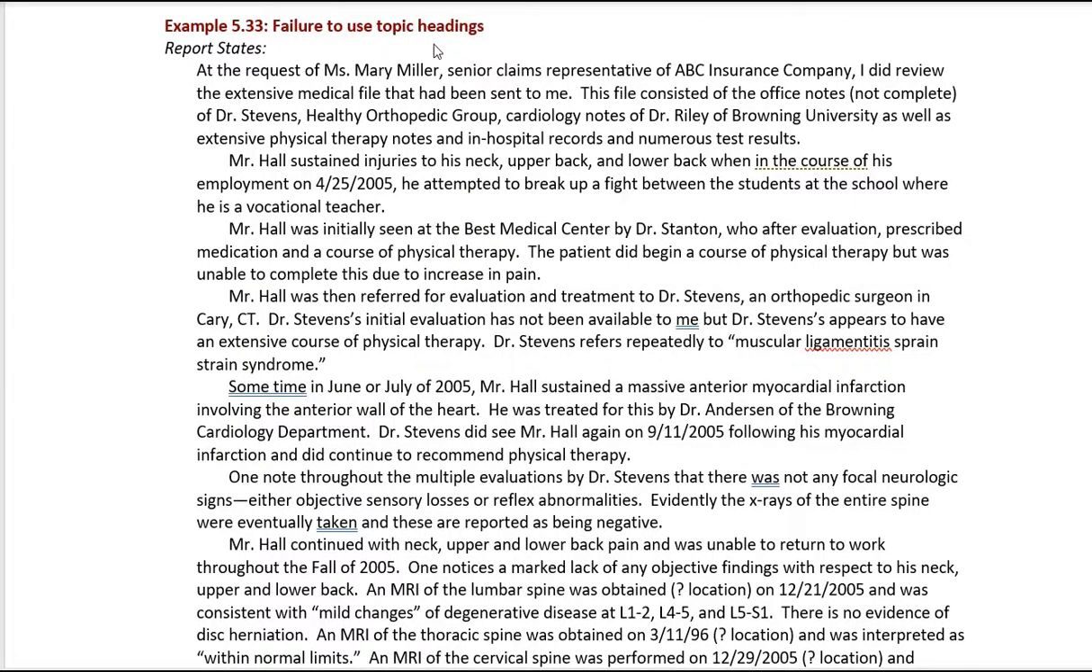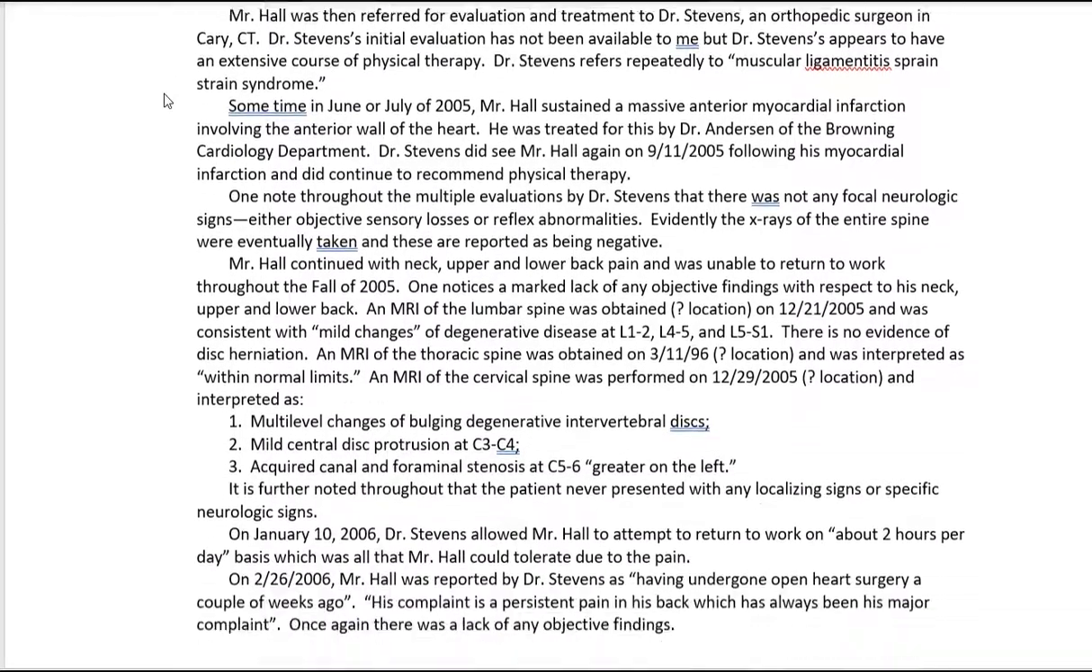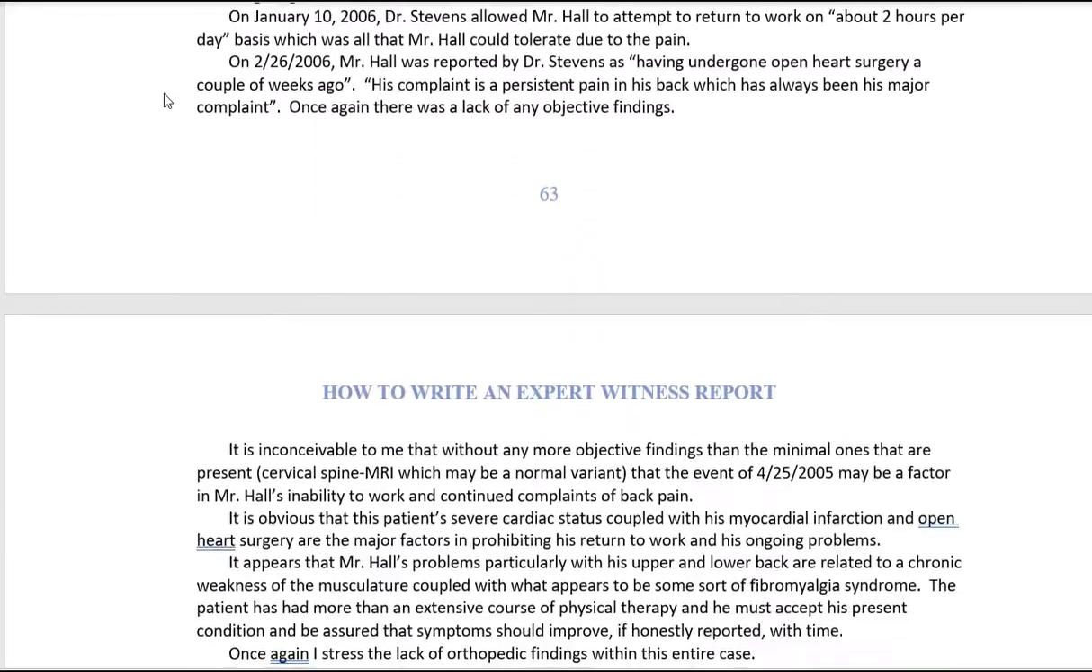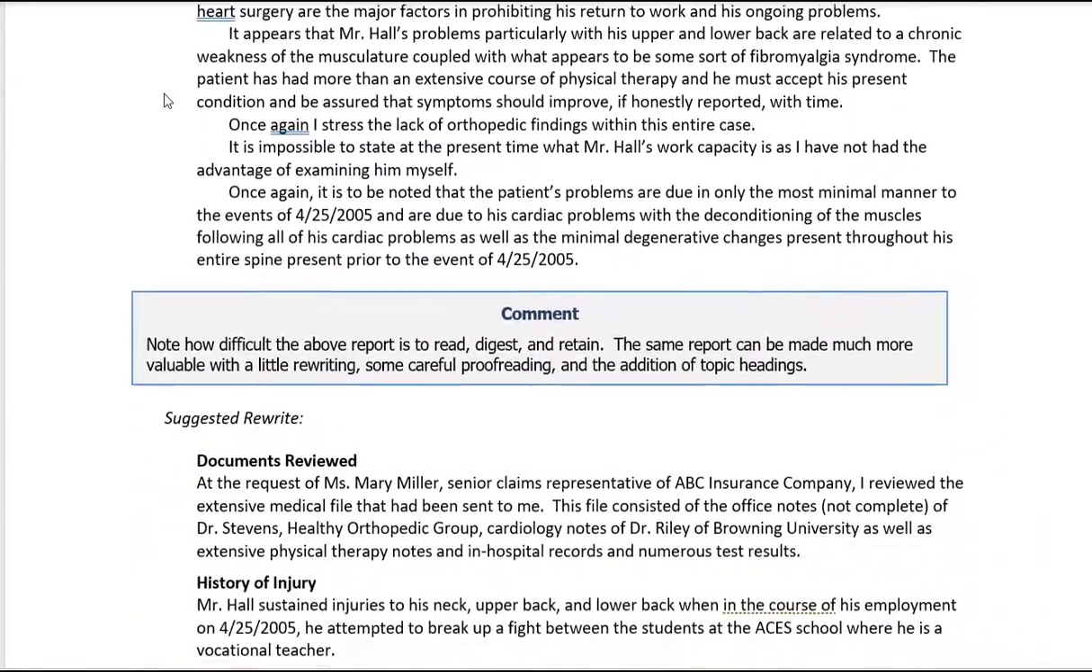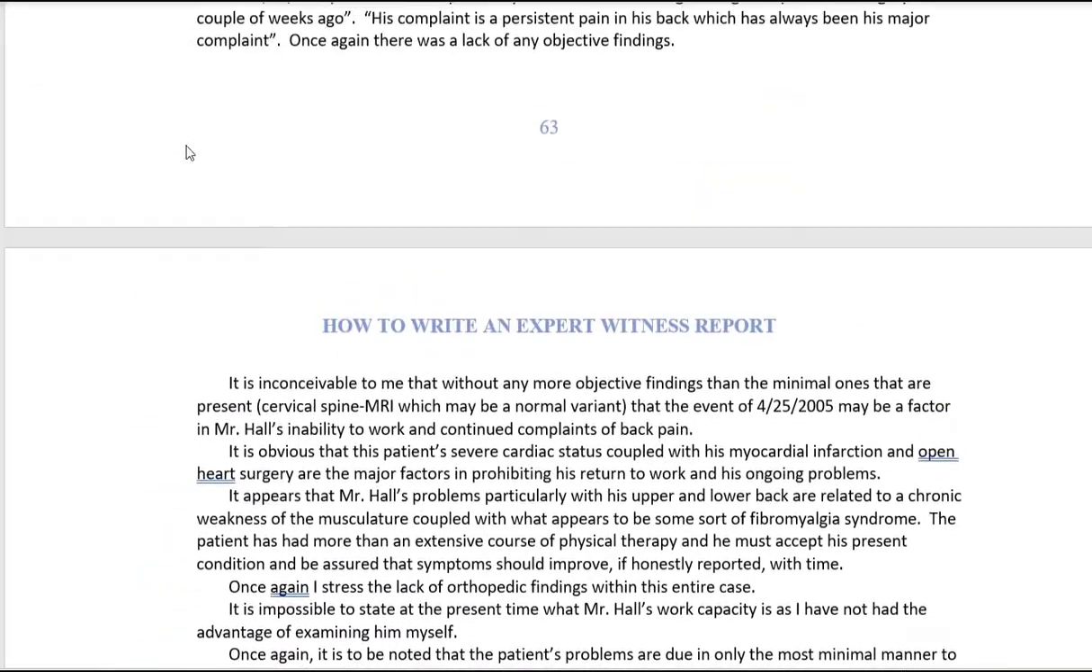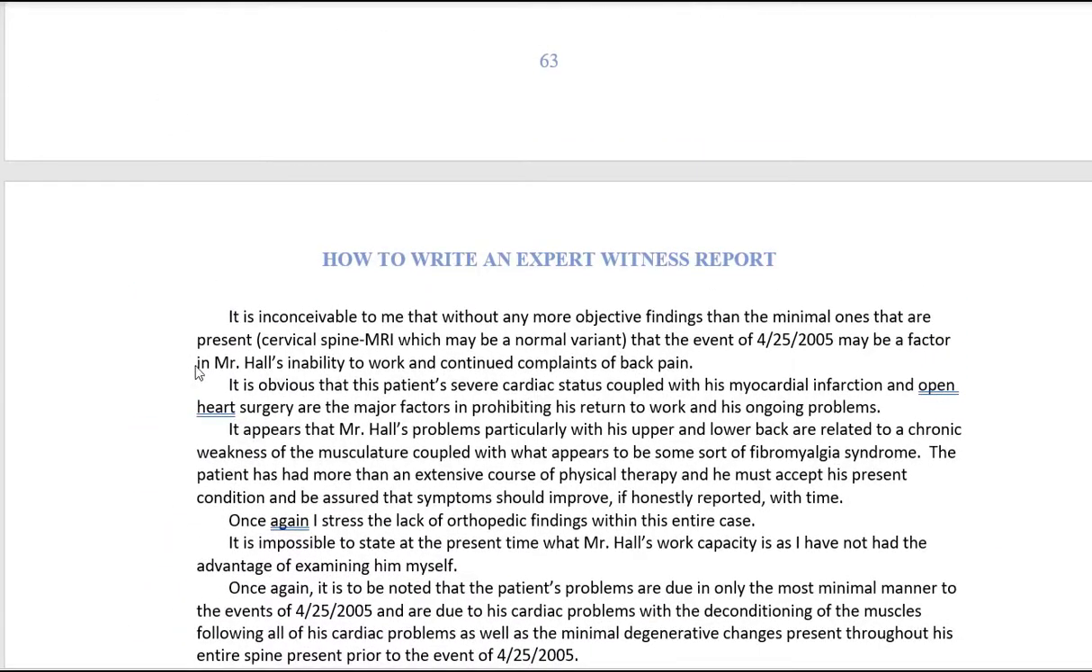You want to use topic headings. Why? Because it makes it easier for both you and a third-party reader to find what you need in the report. So here's a typical report that we'll see, and it's just a jumbled mess. Just copy after copy after copy. It is very hard to use because you can't get to where you need to be because there's